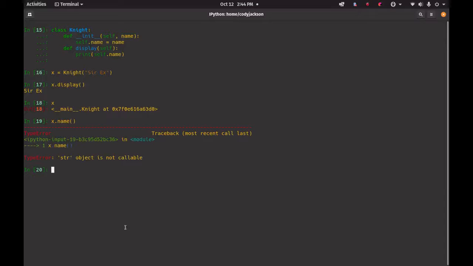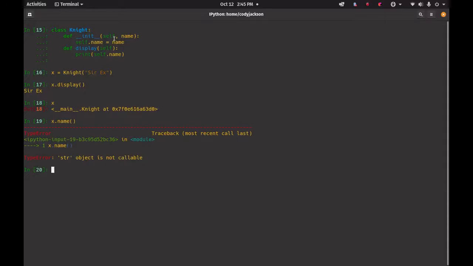Before we leave this video, I want to talk briefly about initializing an instance. You'll see this a lot. You can have a special method called the initialization method, and it's basically double underscore init double underscore. Double underscore is often called dunder for double under. Anything you define in the initialization method is automatically